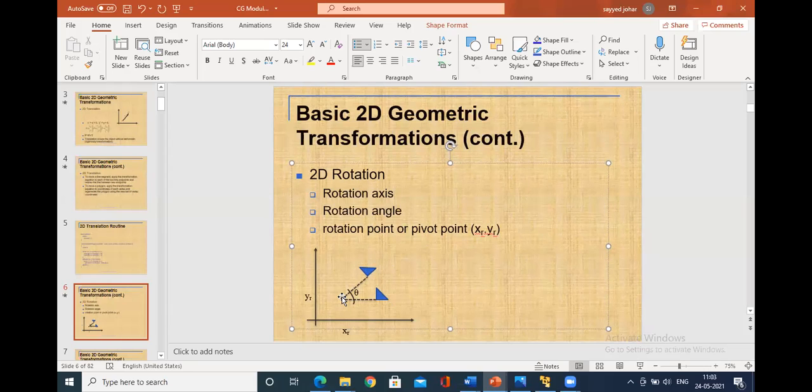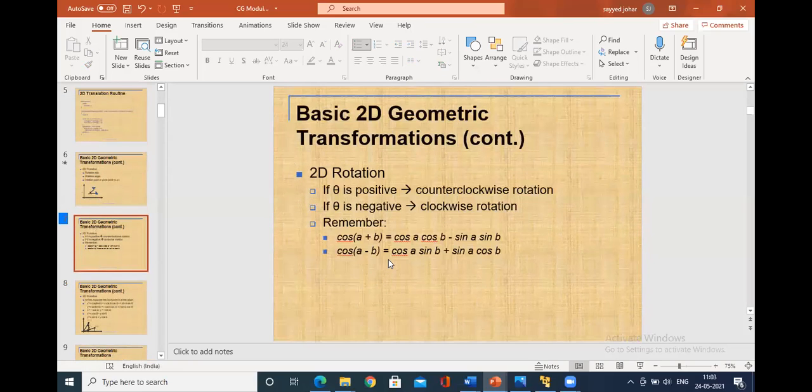In terms of an equation, same as with a column matrix, how do you write it? If theta is positive, it is a counterclockwise direction. If it is negative, it is a clockwise direction, because you always read an angle in the anti-clockwise direction as positive. If it is negative, you go in the clockwise direction. Here you would write a change in an angle. This is a concept of trigonometry. Cos A plus B, how do you write it like this? These are the formulas for cos A plus B and cos A minus B.